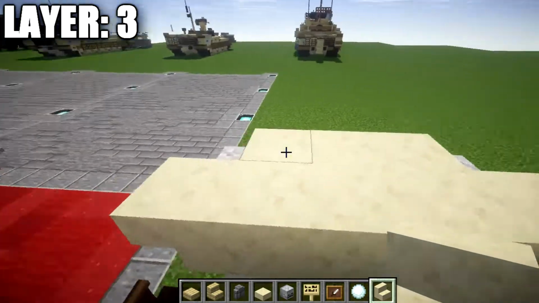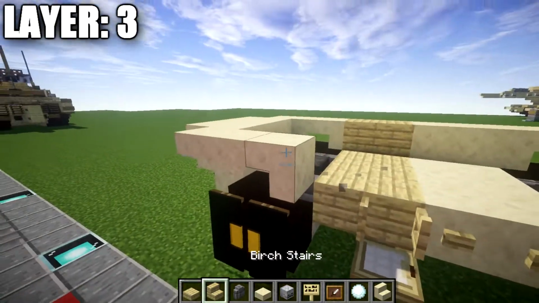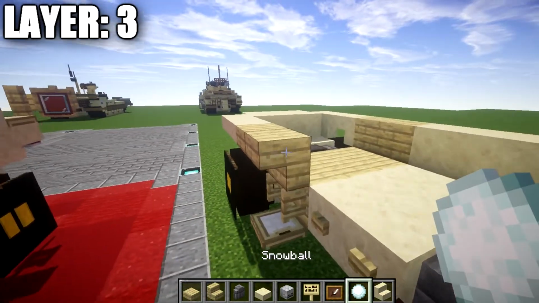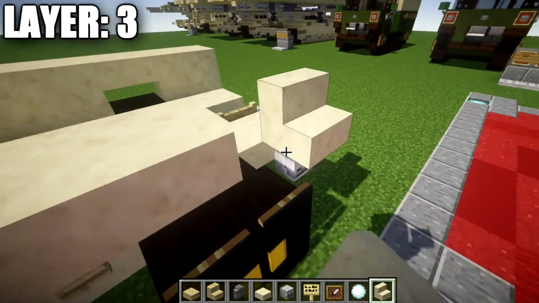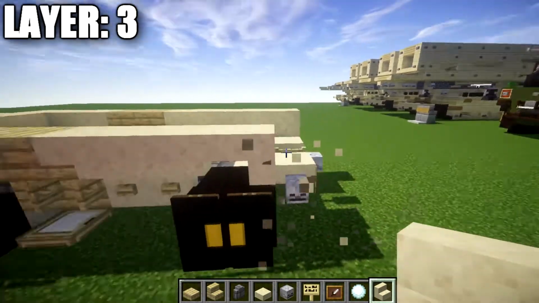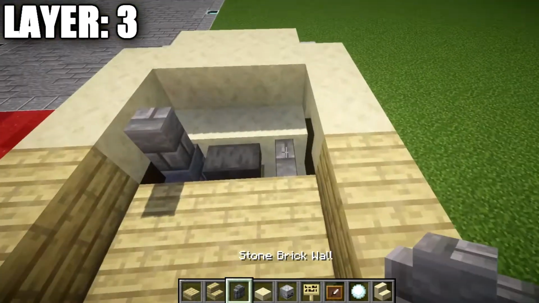We're going to repeat the same process over here to this side, so I'm going to do this a little bit quicker. But it's the same exact thing on both sides here. And just like that. Once that's all complete there, we're going to go up from these stone brick walls with another